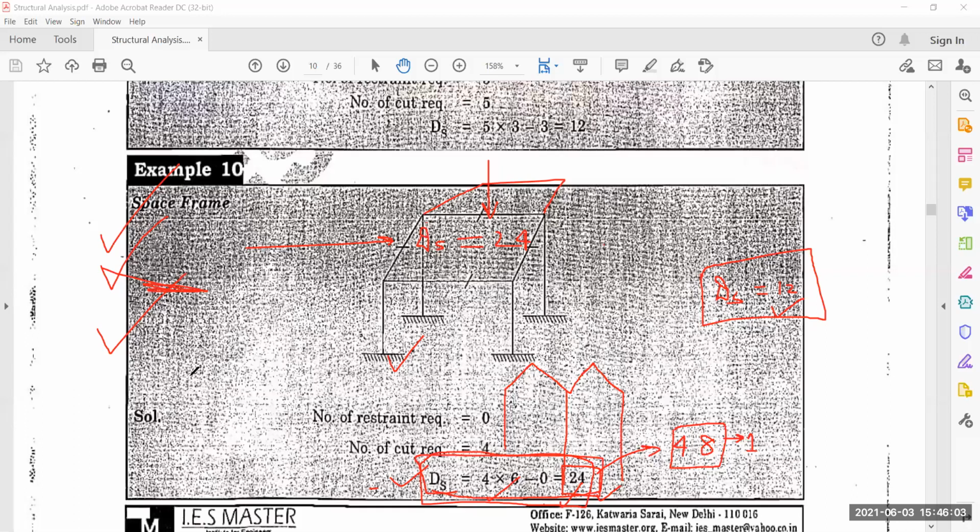So generally for a frame, a beam, or a truss, the maximum limit of DS is 2 to 3, because in the method of structure analysis we generally do structures whose DS comes out to be 2 to 3 only, because these cases are more complicated. If DS comes out to be 5 or 6, then it takes more time.